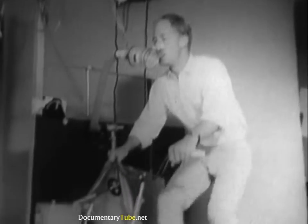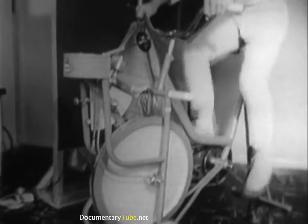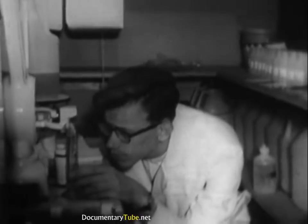This is bicycle work, and in this case, we are just measuring the energy expenditure of the subject doing a known amount of work on the bicycle. By measuring how much oxygen he is using and how much carbon dioxide he puts out, we know what his energy expenditure has been. So you can relate all this extra work to the amount of...